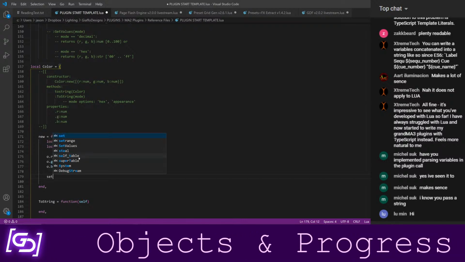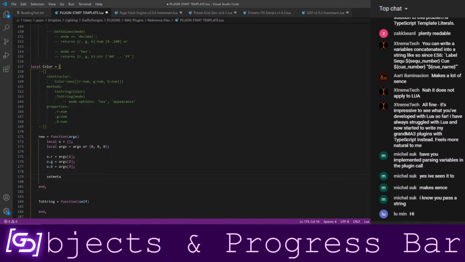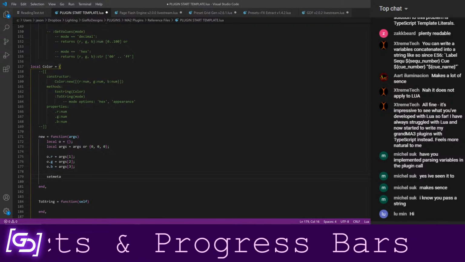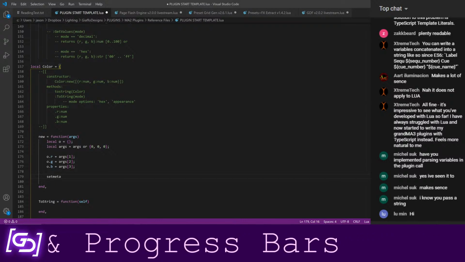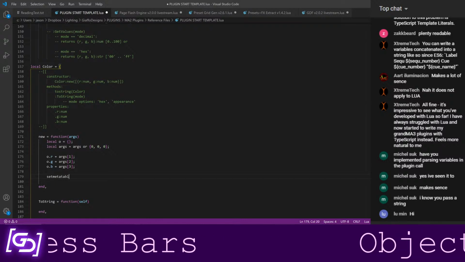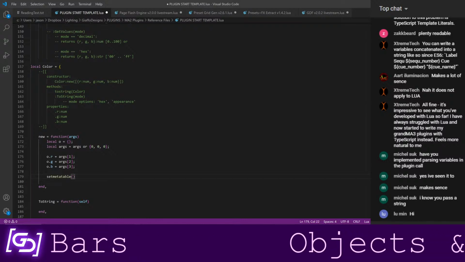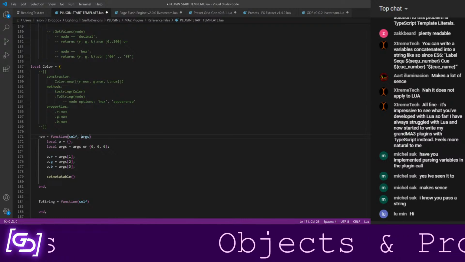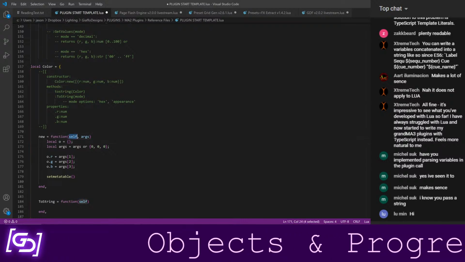And now we are going to say set, this is where it's going to get a little bit hairy, and I don't want anybody to get too stressed out about this just yet. We're going to say setmetatable. Oh, I screwed this up already. Self and args, because this is being called as a method.